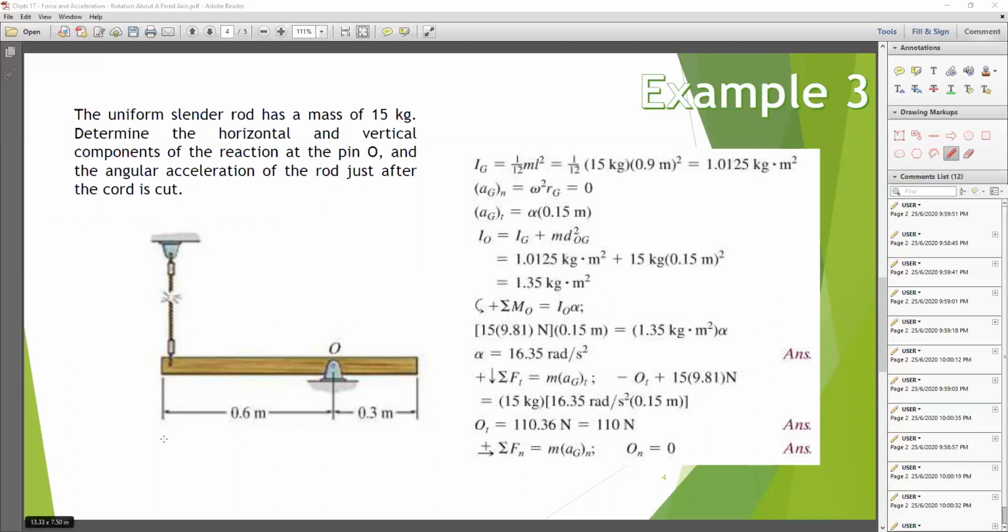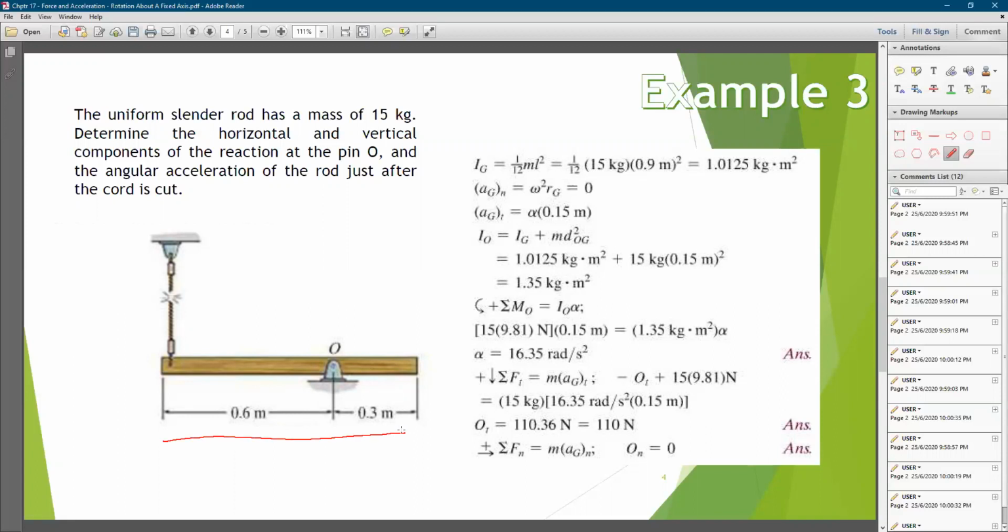length of this particular rod, which is 0.9 meter, 0.6 plus 0.3, so it is 0.9 meter. Then you will get the mass moment of inertia of this slender rod. Then we calculate the normal acceleration of this rod, which, of course, since it is initially at rest, is equal to 0. Then the tangential component of it is